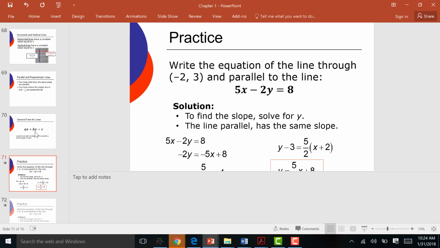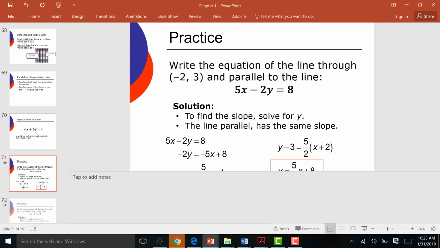Okay. All right, so let's go do that. I've got my equation. My equation is 5x minus 2y equals 8. The goal is to get y by itself. First thing I'm going to do is subtract 5x from both sides. 5x minus 5x on the left cancels out. You're left with negative 2y